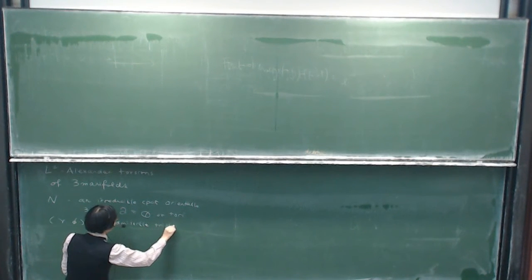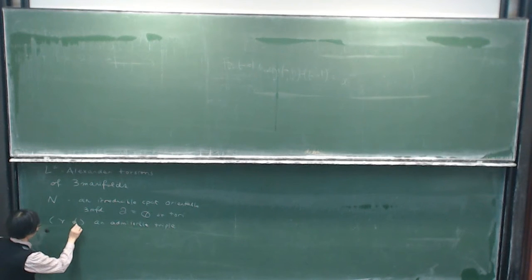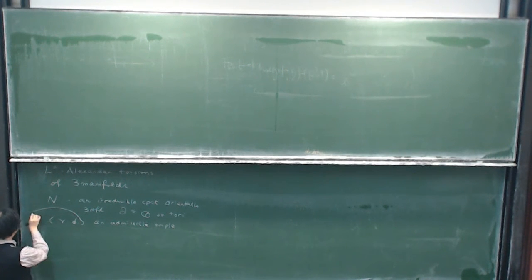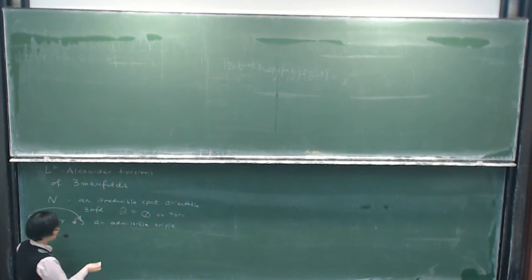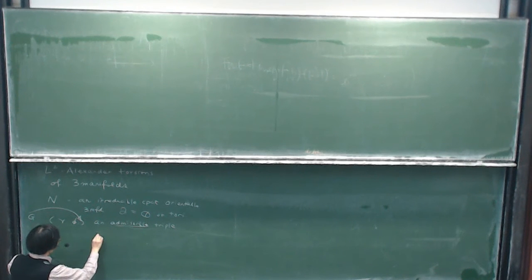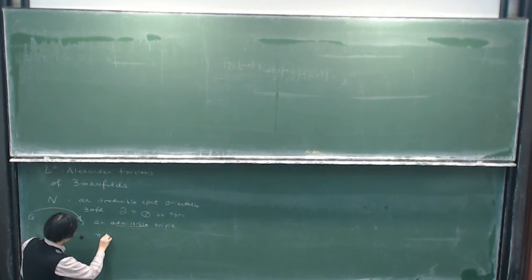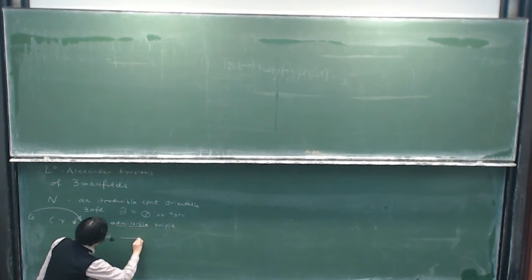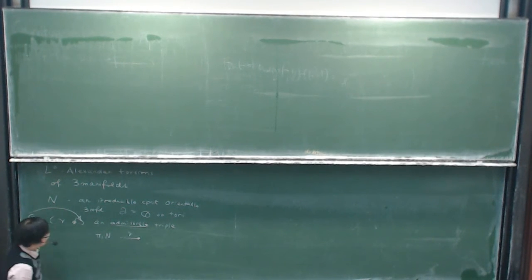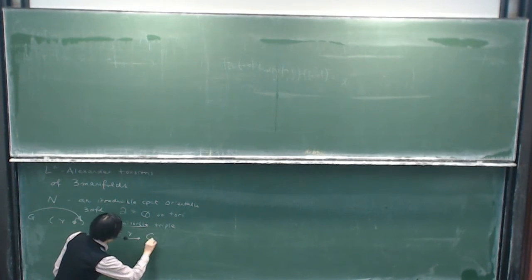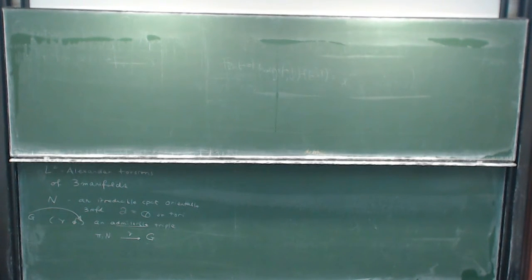Triple means there is secretly another group G. Well, let's say gamma, phi, G. G is like the target of gamma, and that just means later you want to twist the chain complex associated to N with respect to some representation of the fundamental group, as we usually do, but now we just require this gamma to map into a countable group,